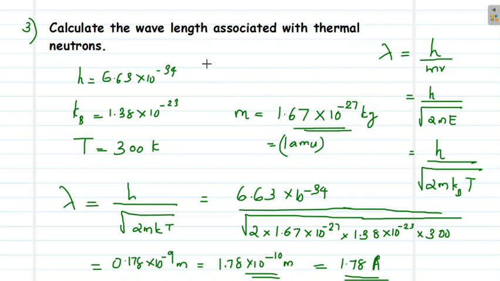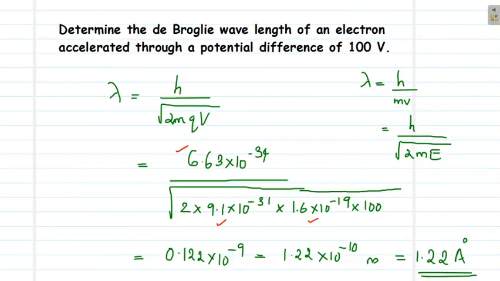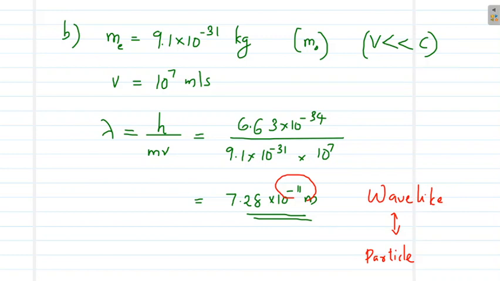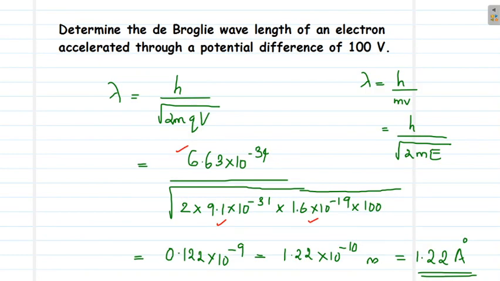So now you can refer to other resources and your textbook to solve more problems. This is the type of problem that is often asked in the section on matter waves, to calculate the wavelength associated with different particles. Its mass will be given and its velocity will be given, or the energy associated with the particle will be given. So I hope this portion is clear for you.